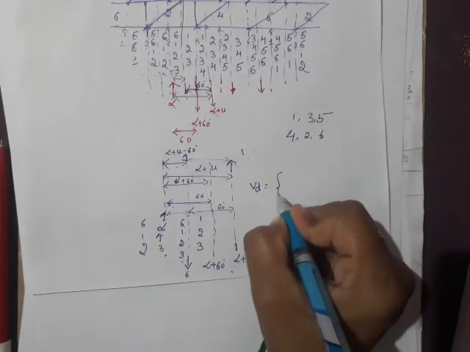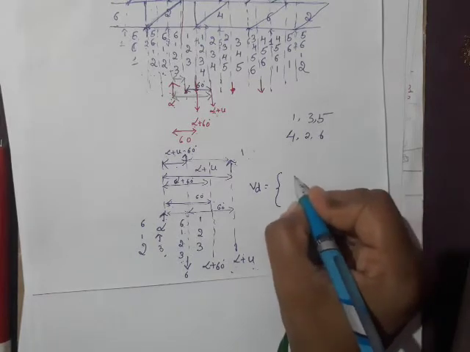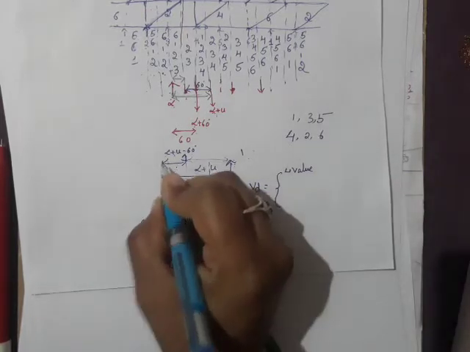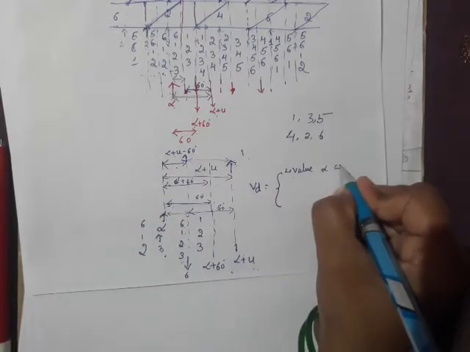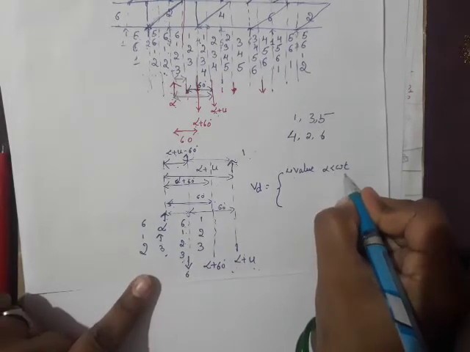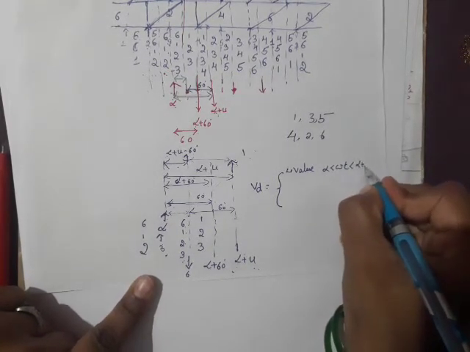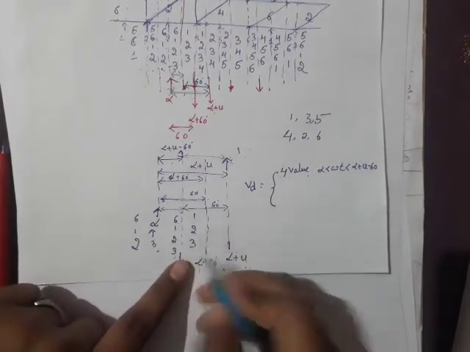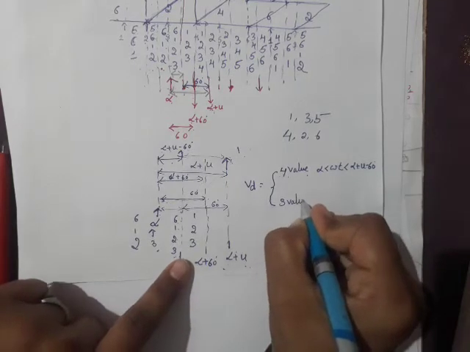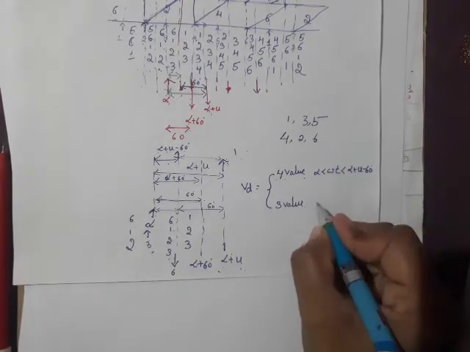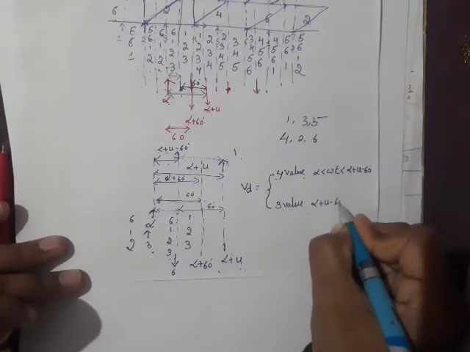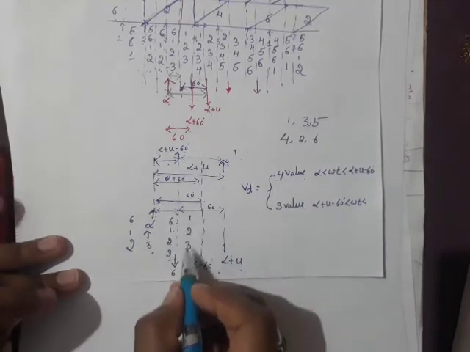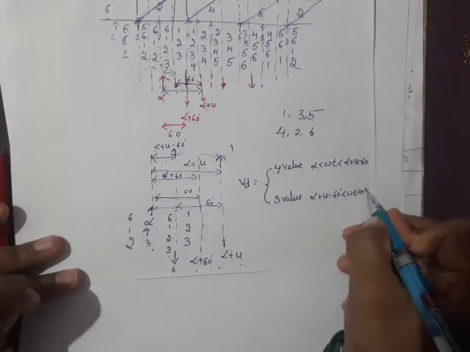Vd is given by, so initially it is 4 valve conduction. From where to where? From alpha, omega t less than alpha, to where? Alpha plus u minus 60 degree. It is a 4 valve conduction. Later 3 valve conduction. We'll write the output voltage later. From where to where? From alpha plus u minus 60 degree less than omega t less than up to where? The 3 valve conduction, alpha plus 60 degree.